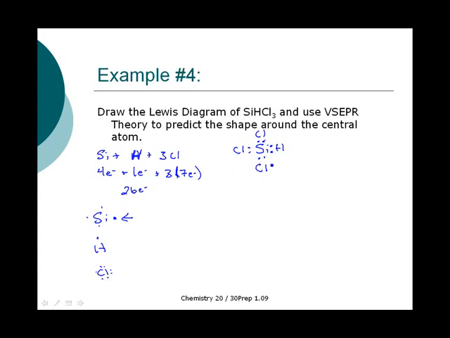And then we're going to fill in the rest of our electrons, and it turns out that if we just fill up our chlorines so they have full valence shells, that adds up to 26. And so all of our atoms have 8 electrons except for hydrogen, which only has 2, which is fine. Look at our center, and we see that it's a center that has 4 atoms bonded to it. So it's AX4,